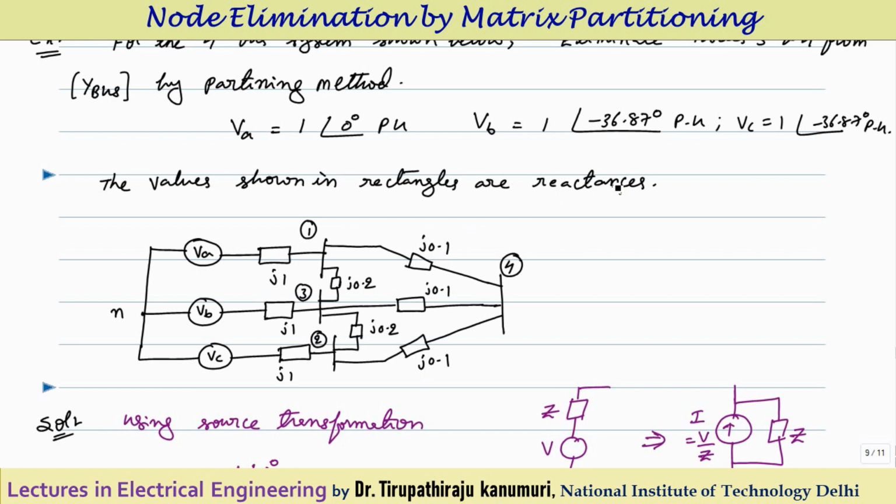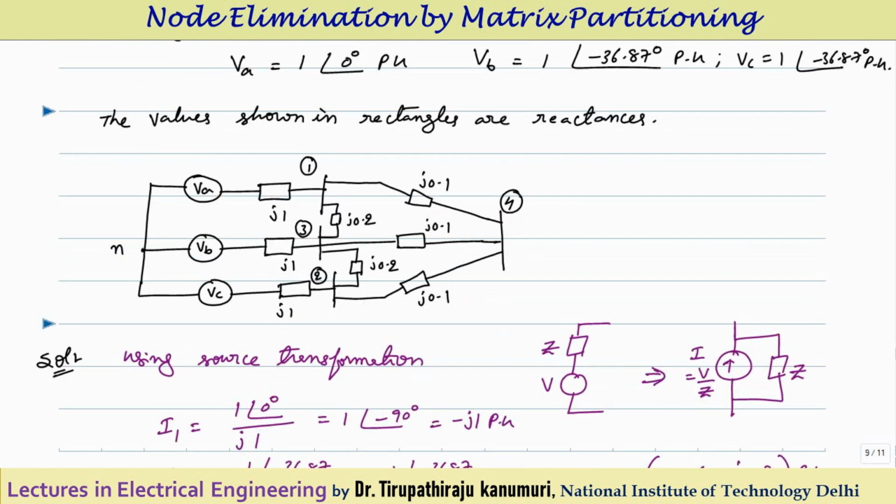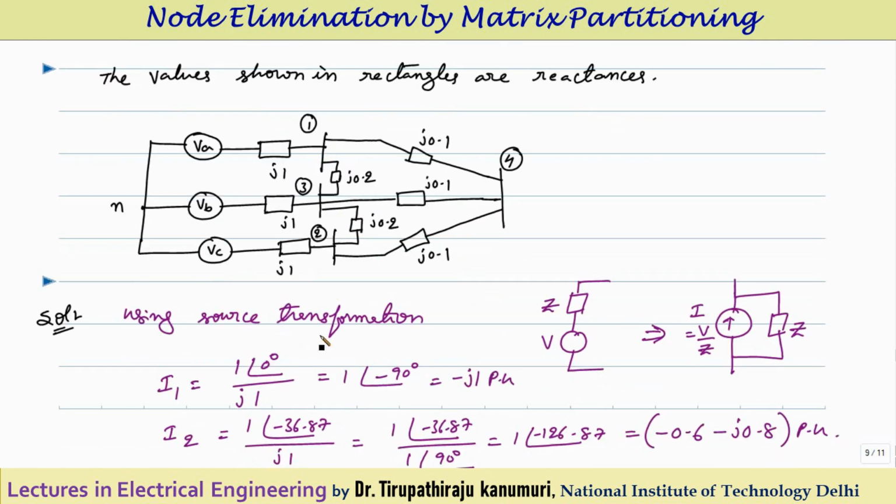It is clearly mentioned that these are the reactances, and here you can see the voltage is not directly connected to the bus and the shunt admittances are not there. Here it is given as a voltage in series with some impedance. So first we have to convert this voltage in series with impedance to the form of a current source in parallel with an impedance. Only then can we proceed further, because VA is not the bus voltage here. VA is the generated voltage. We have to calculate the bus voltage at bus 1 or the current entering at bus 1. Calculating the voltage is difficult here, so I can calculate the current easily, because in order to calculate the voltage, current is required. Agree with me?